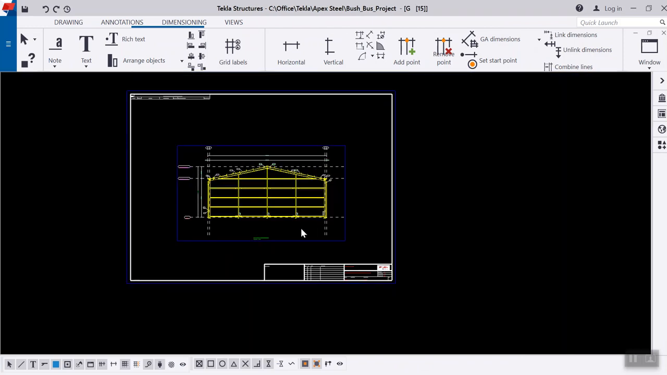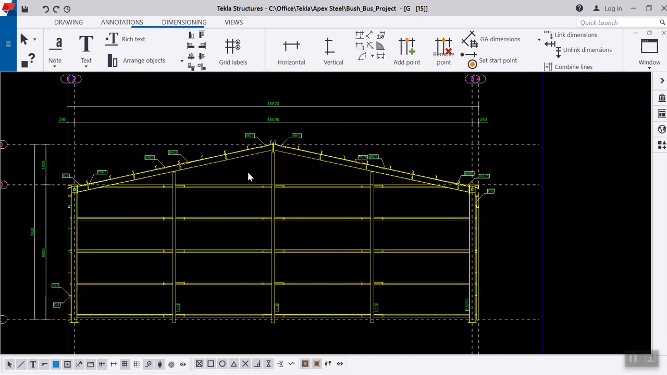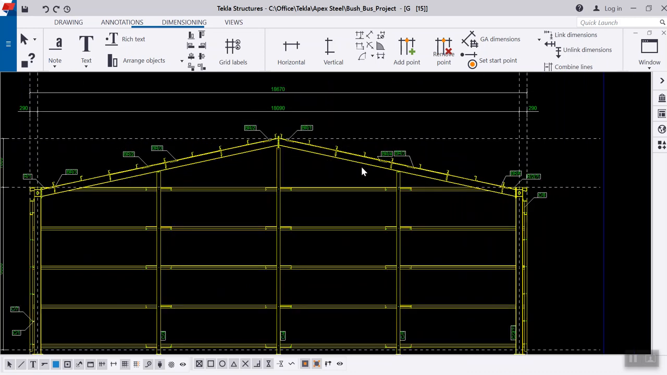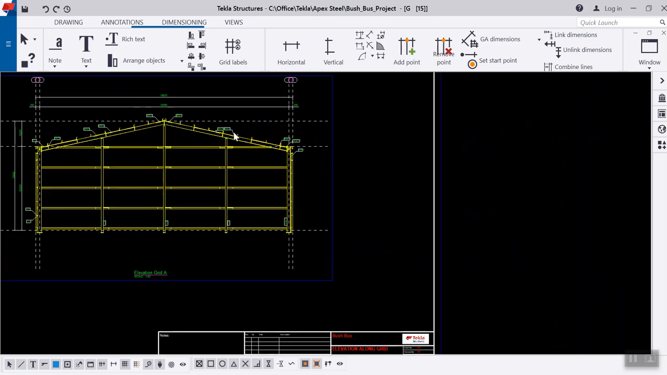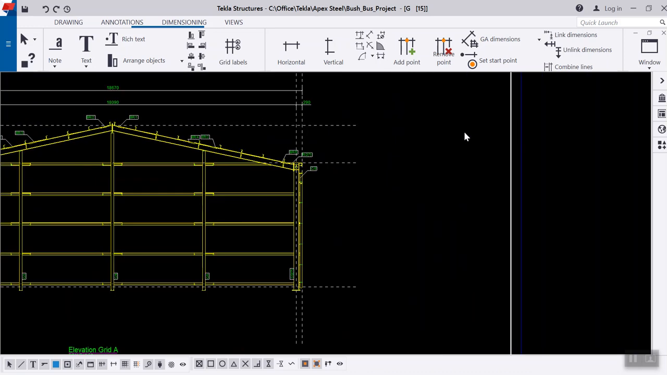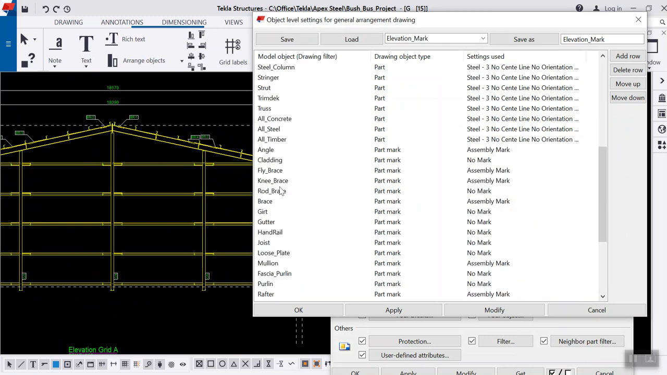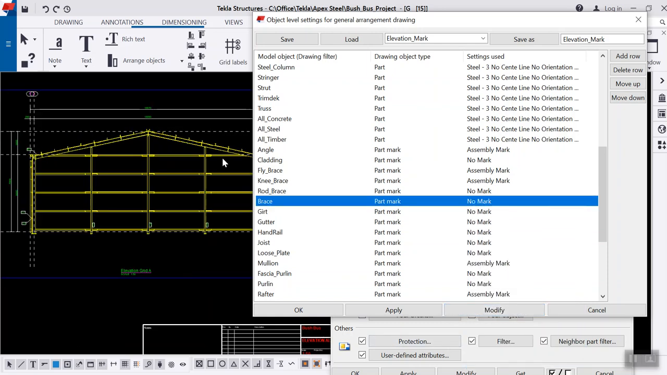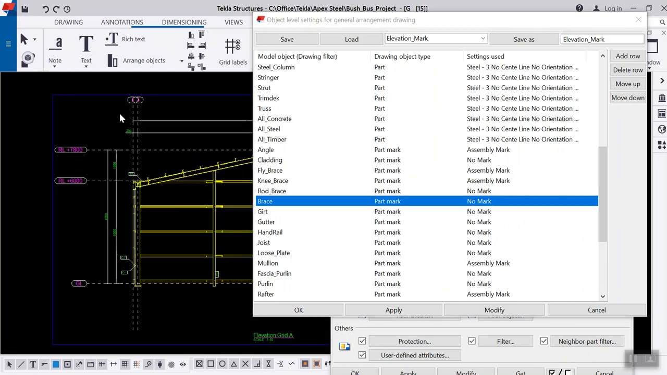Now you can see my drawing is neat and clean. And if you don't want to see the part mark for the braces, again, I will not go and delete them one by one. I'll go to the object level settings, and this is the brace. Now you can see. And all these are girts, and if I need a part mark for the girts,